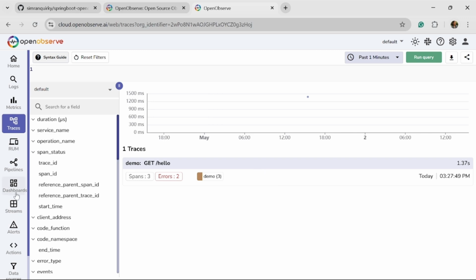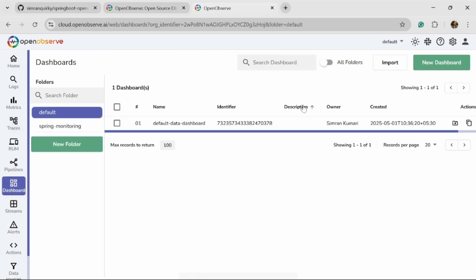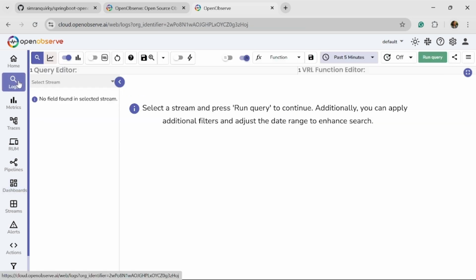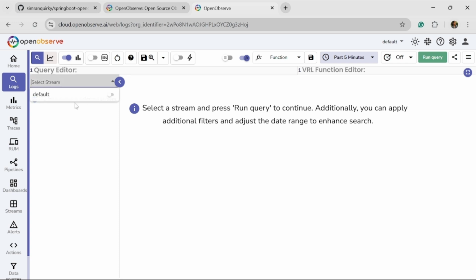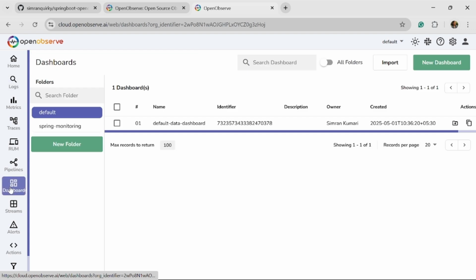Cool. Apart from this, you can also create dashboards. Each time you come over here, you are selecting the stream, then you are running the query. You need to do that each time, right? With dashboards, that's not the case. So I'll just create a new dashboard,